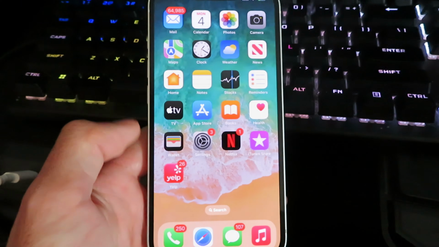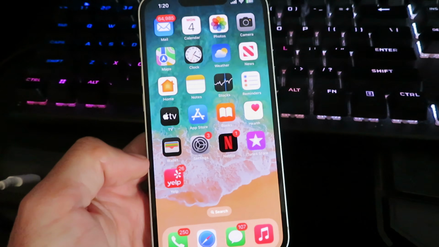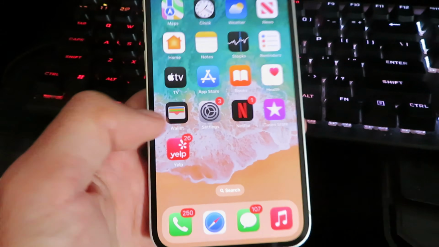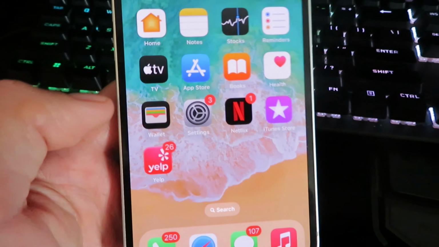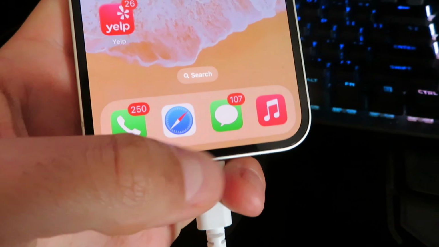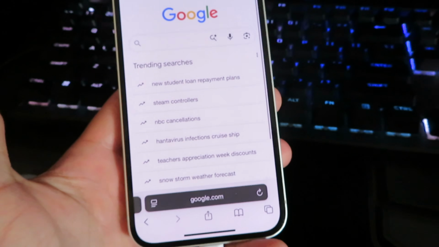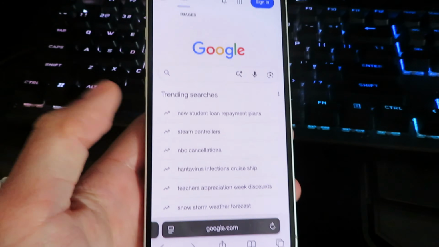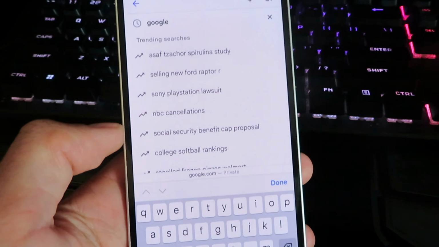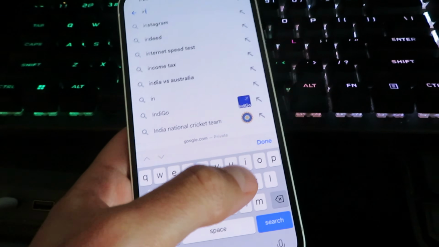Now the first thing you want to do is go ahead and get onto your mobile device. Make sure you already have the Patreon app installed. And if you don't have it installed, you can go to the App Store or the Google Play Store. Once you have that complete, we're going to need to go to our internet browser. Now this will not require a computer or anything like that. All you will need is your mobile device. We're going to go ahead and search for this website right here. It's going to be called